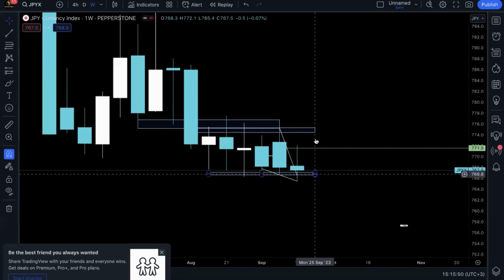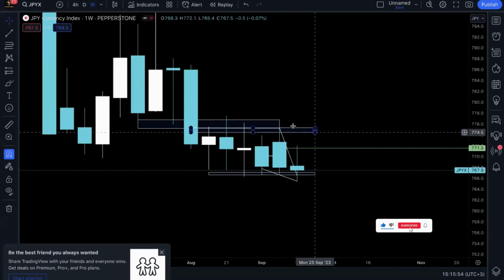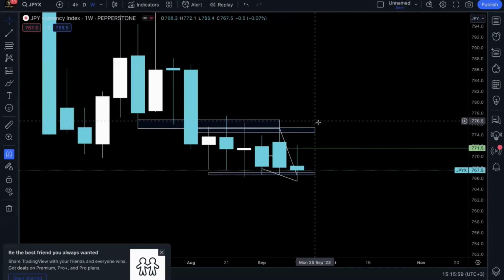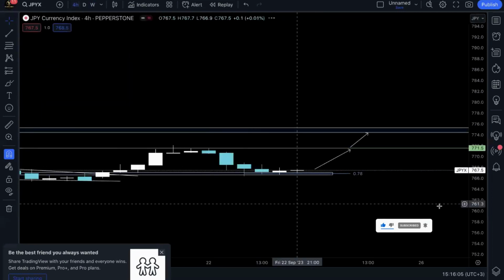So we'll be anticipating to see some kind of repulsion, maybe until somewhere here, and then we'll see the momentum once it reaches here, because we can't anticipate an actual break before prices reach here, because we need to look at the momentum. So if we look at it from the 4-hour perspective,